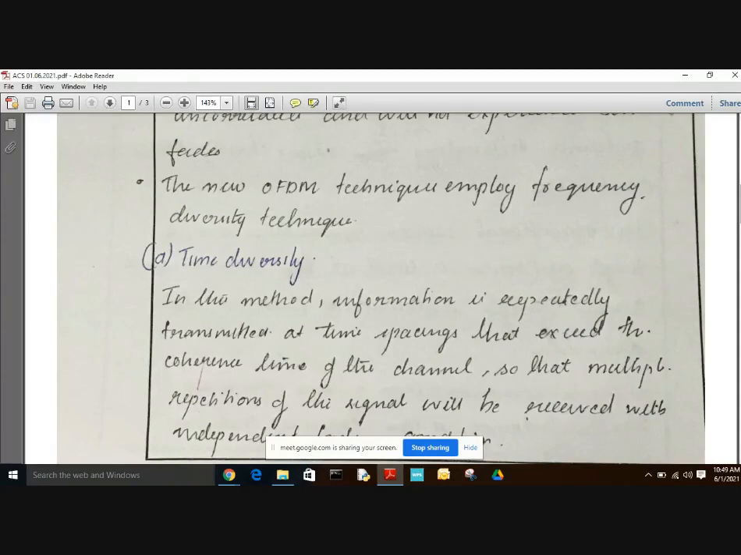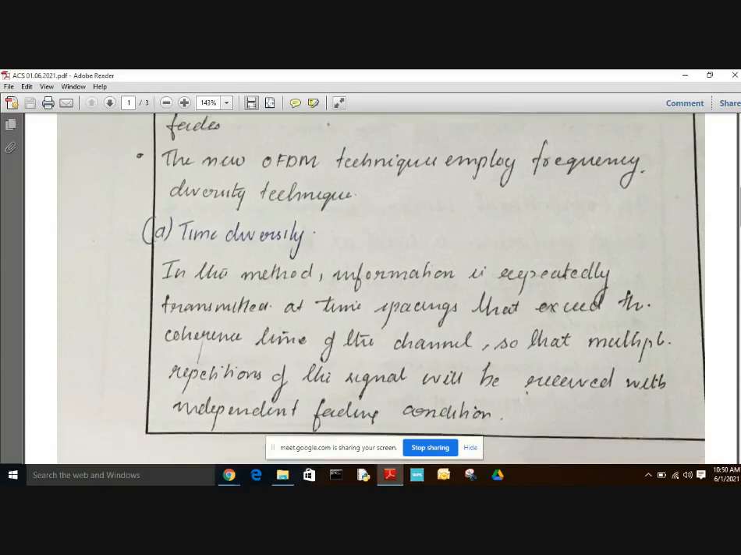Coherence bandwidth is a measure of bandwidth over which the frequency response is considered equal, or the channel is considered to be flat. And coherence time is a statistical measure of the time duration over which the channel impulse response is invariant. In other words, the coherence time is the time duration over which two received signals have a strong potential for amplitude correlation. So in time diversity,